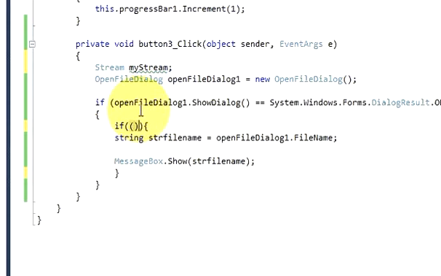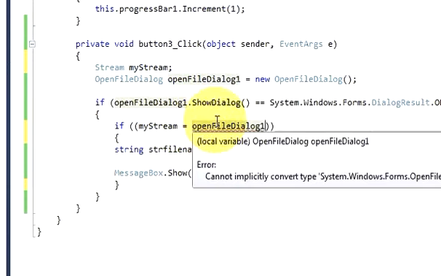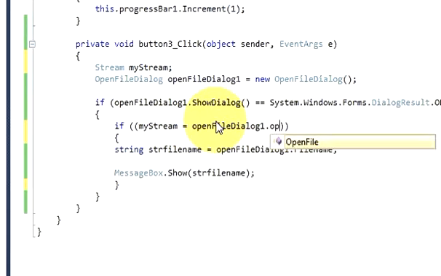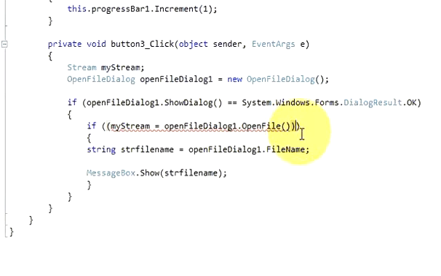First of all, make one more bracket in the if condition and paste your myStream variable here, is equal to your open file dialog variable name. So write here openFileDialog.OpenFile(), and outside these brackets, for my stream declaration, write not equal to